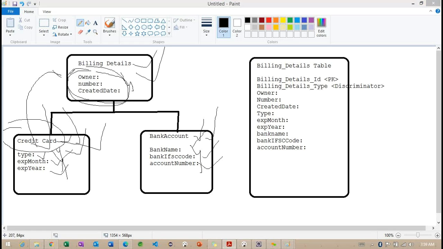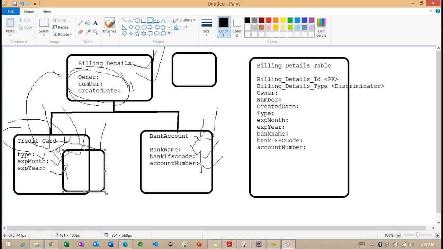Now you need to understand how many classes we are having here. We are going to create a table for each of the classes. So for billing details we are having one billing details table, and for credit card we are going to have one more table. In the same way, for bank account we are going to have one more table.